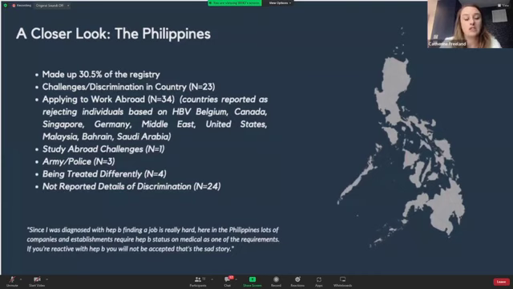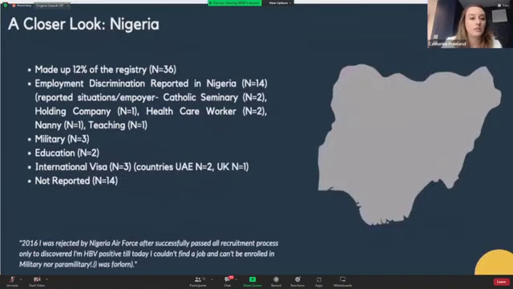You can see the countries that individuals were applying to here. And you can see that many were applying internationally to work, which has a significant impact economically for many. I wanted to just acknowledge the Yellow Warrior Society of the Philippines as being a significant advocate for policy change in this area, working towards protecting individuals with hepatitis B. And I'm happy to say that they're involved and supportive of this effort, and we continue to look forward to working with them and using them as a resource and a best practice model for how we can work towards addressing this country by